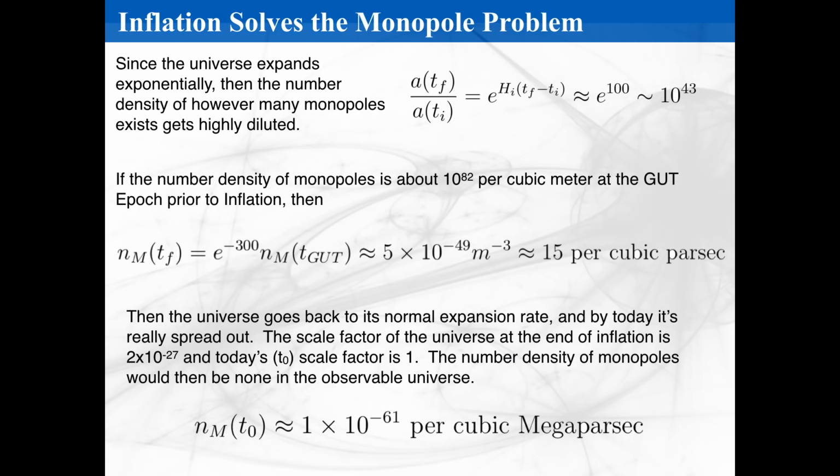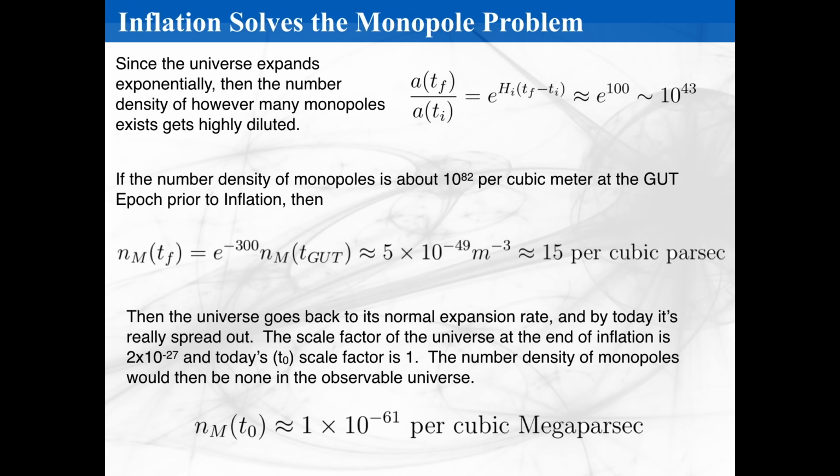All right. The inflationary epoch also solves the monopole problem in a rather normal way, because we would say the universe expands exponentially, so it became 10 to the 43rd times larger, but then the number density goes as that size cubed. So now the number density dropped off like e to the 300, so we would expect after the grand unified theory epoch, if there were 10 to the 82nd, that's a huge number, if there were 10 to the 82nd per cubic meter formed in the GUT epoch,